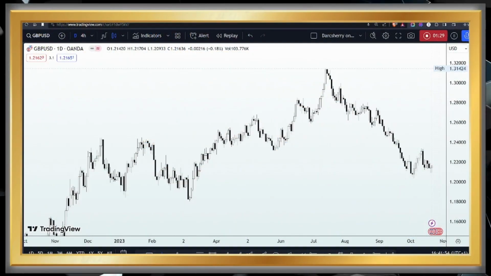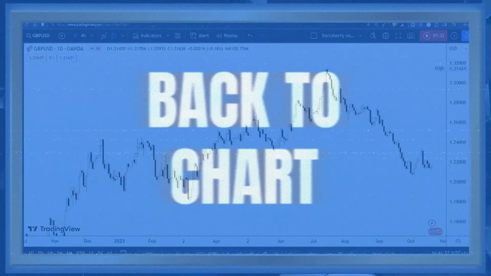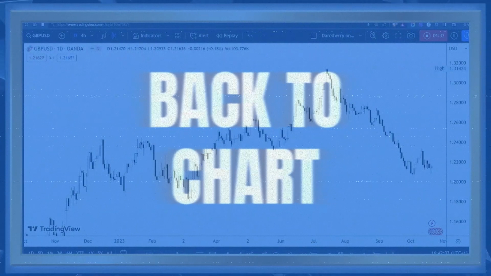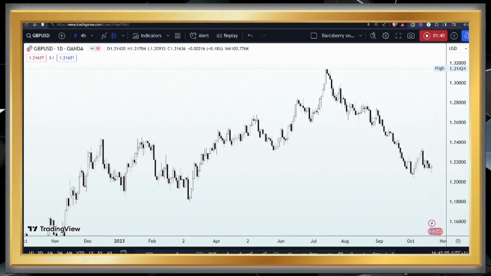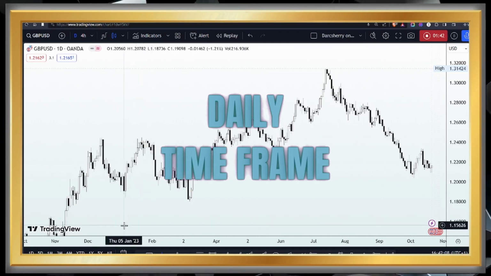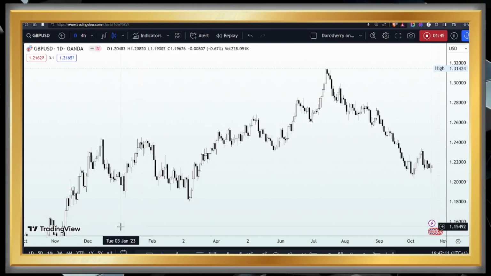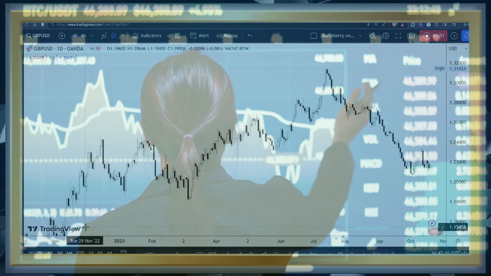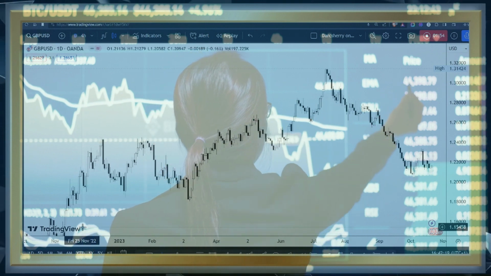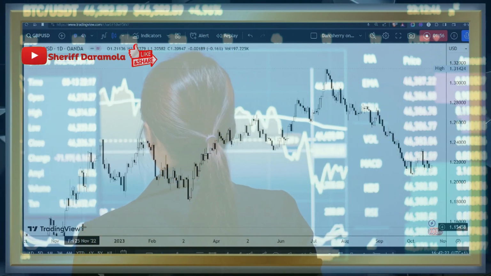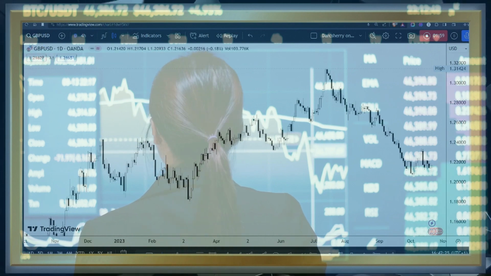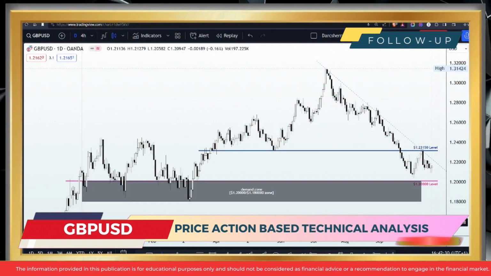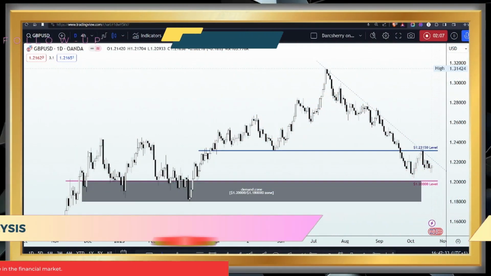Now, without further delay, let's dive right in and uncover the potential opportunities in the GBPUSD market. So we'll begin by dissecting the daily time frame to gain a deeper understanding of the market psychology. I have taken into consideration almost a year's worth of trading activity, starting from November of last year. By analyzing this data, we can better decipher the underlying factors driving the price movement in this market from a